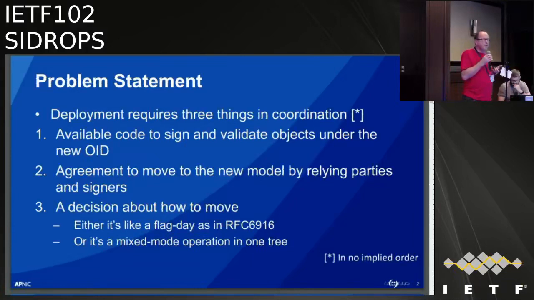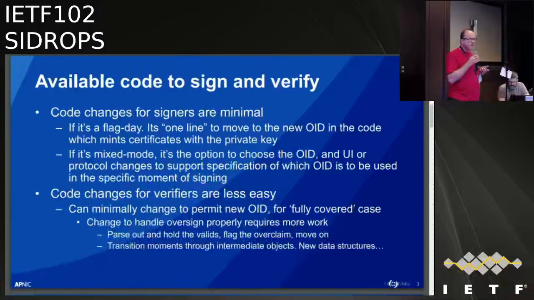Some of us have a feeling that it might be better to think about operating permanently in a mode where both OIDs can exist, because it effectively offers an extra bit of information. It's the bit that says, I'm saying that my children minted with this OID have behavior A, or I'm saying that with the OID minted like this, they have behavior B, which would allow flexibility. People could say, I asked my parent to make me a strict tree. I don't ever want you to validate things if I overclaim. Or they could say, no, I think there are operational risks here. I want to be signed into a world that if overclaims happen, prune, don't throw. So let's think about these things one by one.